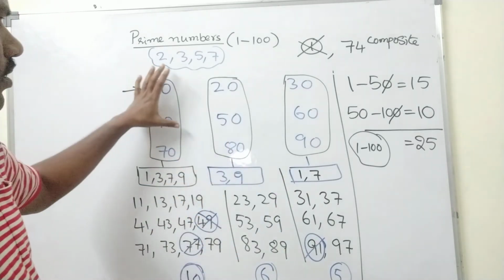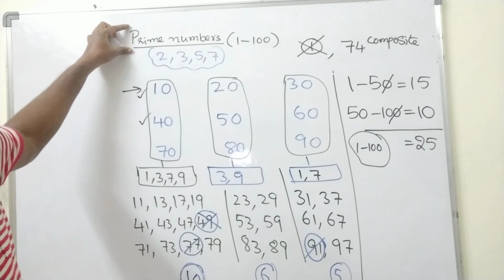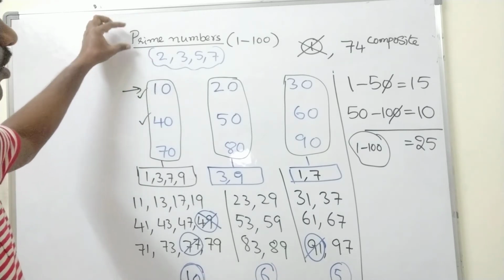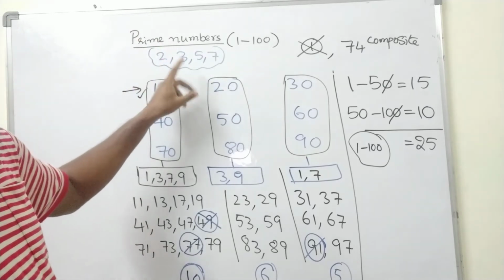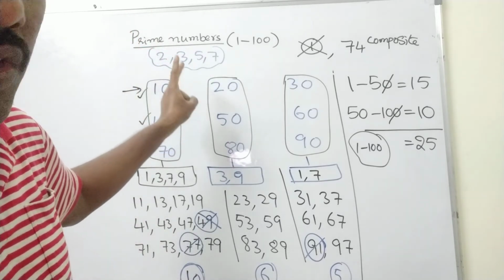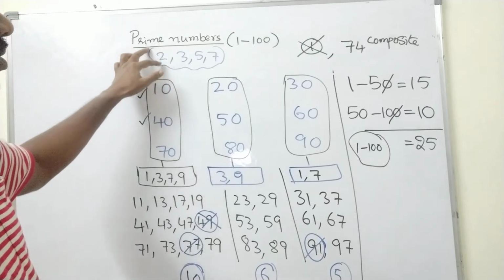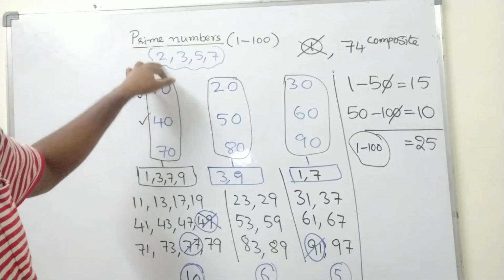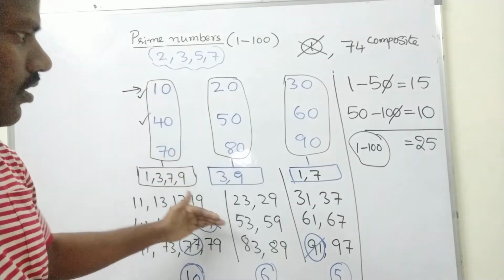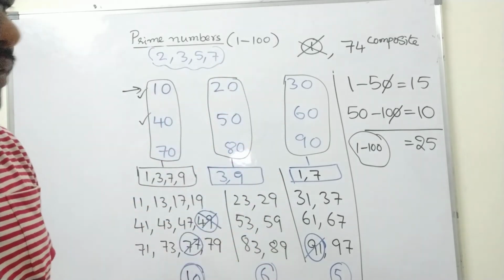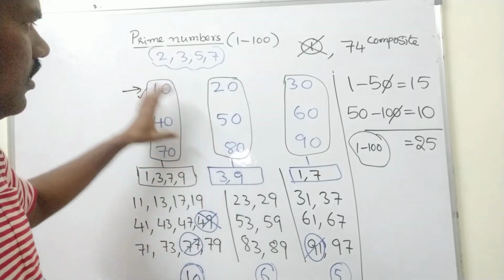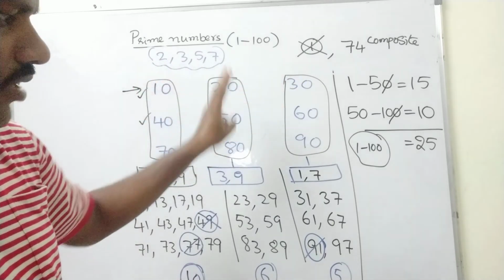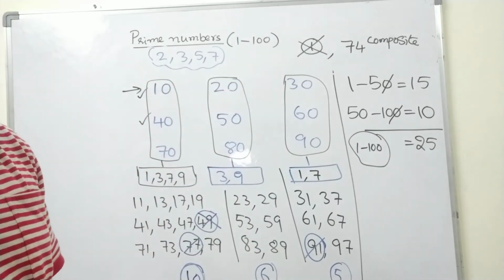So try to remember. Prime number's first letter is P. If you write its mirror image, that looks like 2. So prime numbers begin with 2, 3, 5, 7. Every prime number should have only 2 factors. 2 is the only special number which is an even number as well as a prime number. So below 10 the primes are 2, 3, 5, 7. After 10, you can divide all the numbers into 3 families, 3 groups, and you can find them very easily.